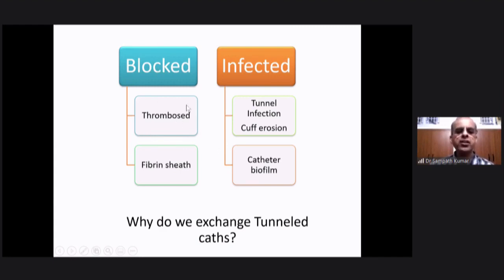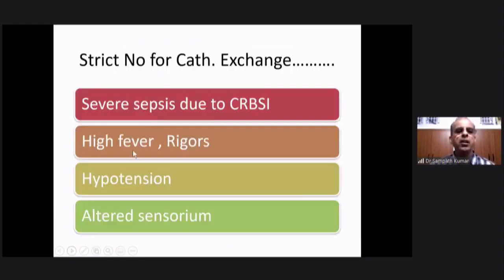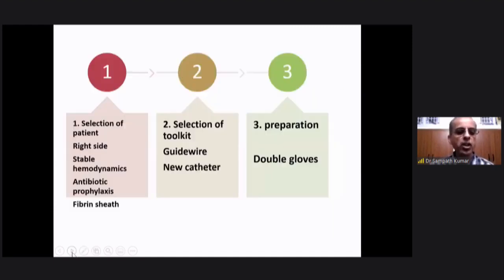But if it is only a thrombosed tunneled catheter, then you can remove it and then exchange it. But you should not exchange a catheter which is infected when the patient is in severe sepsis and with hypotension. So it is better that these catheters are removed, and at a later stage you can have a fresh catheter inserted. When you are going to exchange a catheter, the right side is preferable, and the guide wire